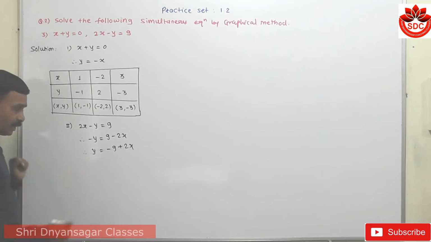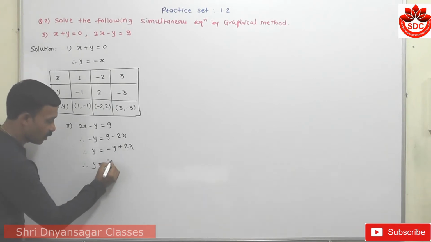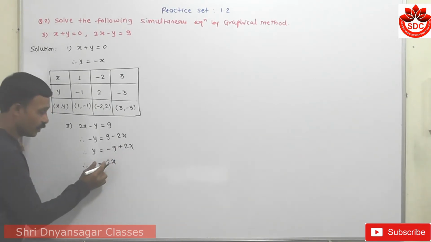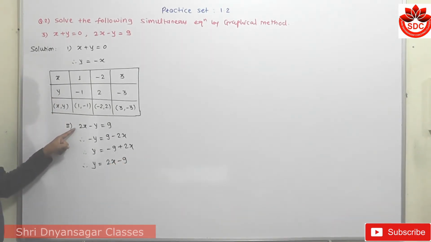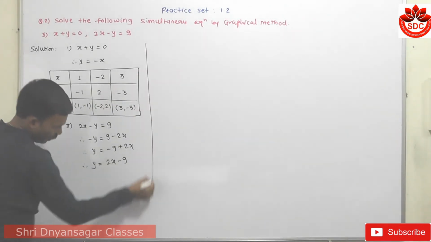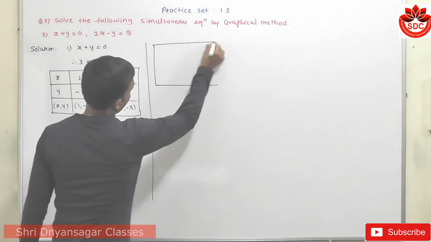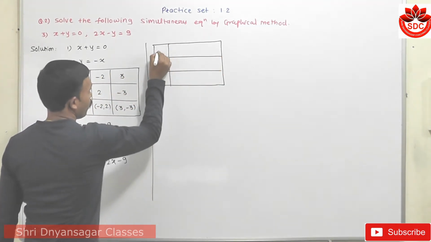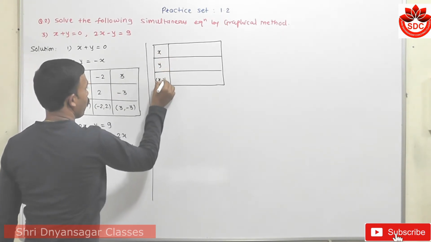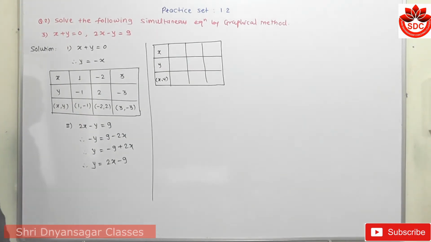Then we write this equation as y is equal to, first I write this 2x because it has the positive sign, so take it first, then minus 9. This is the equation. I have reduced this equation from the original equation. We use this to solve the next table. Now again we draw a chart by taking any three values of x and we find out the value of y. Here are x and y, the coordinates. Suppose three values of x as you want. You have to take these values.